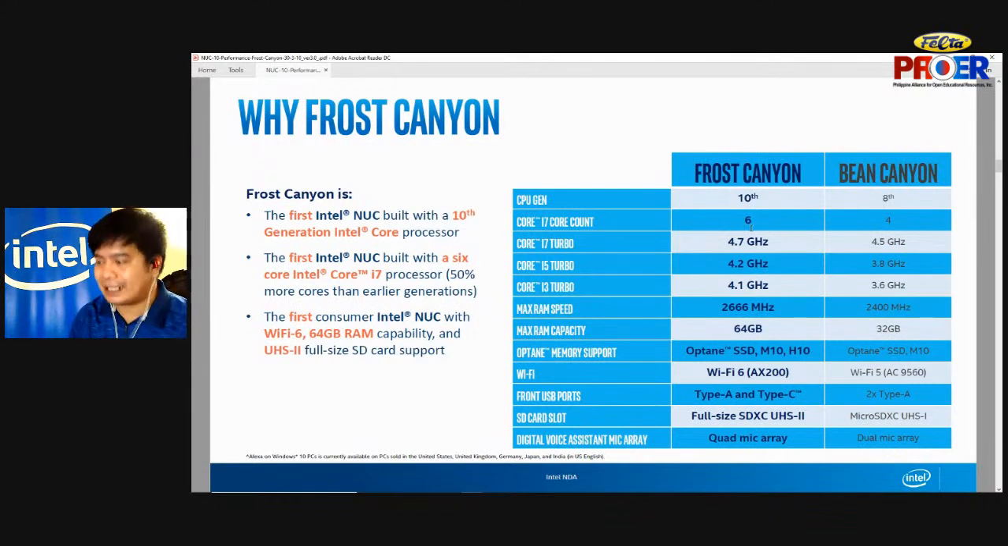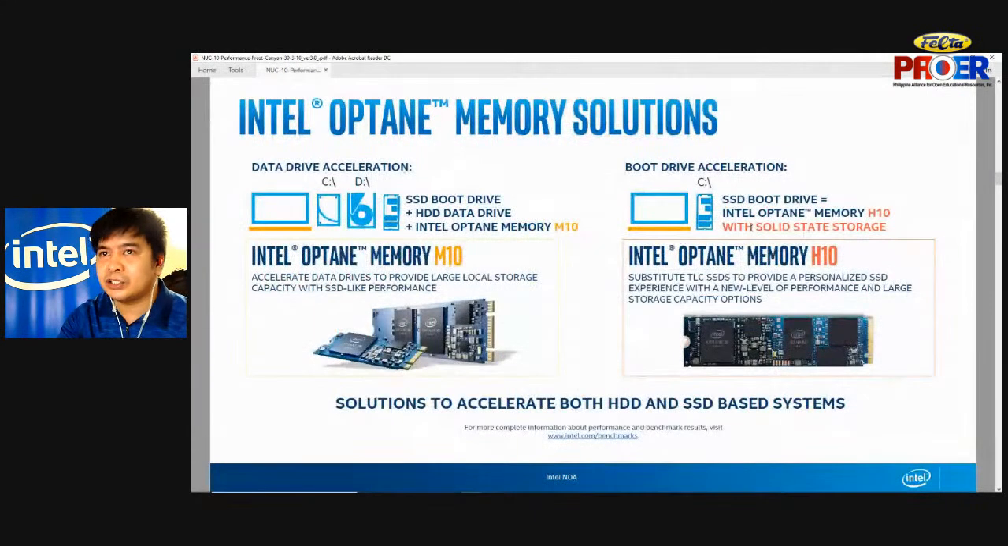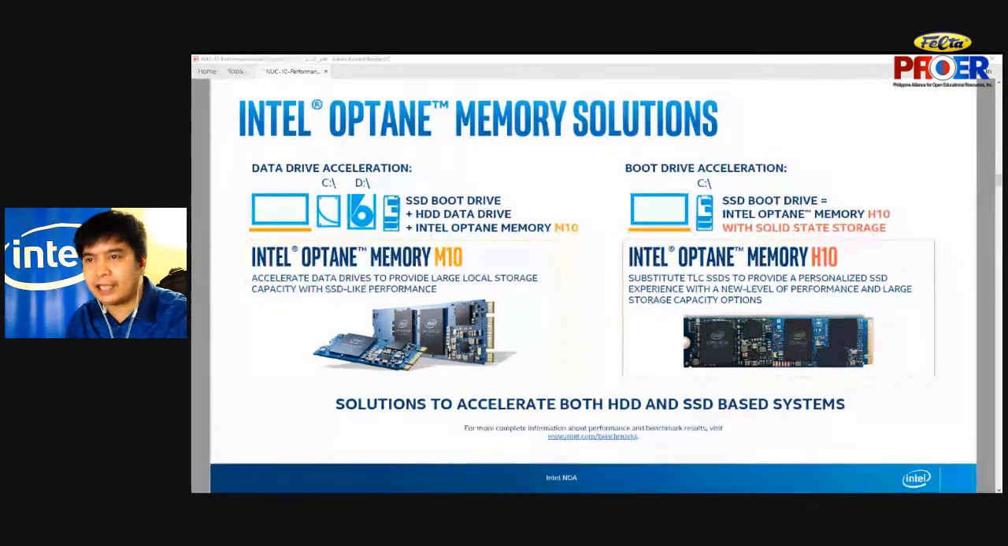So mas mabilis yung Wi-Fi or yung online performance or yung connectivity response ng ating mga 10th generation NUC CPU or NUC PC as compared with our previous generation na NUC. Okay? And ang gusto ko lang i-highlight dito is it is actually compatible and it supports the Intel Optane memory solution. So ito yung pinaka-highlight natin for our Intel na kasi most of the problems of our students